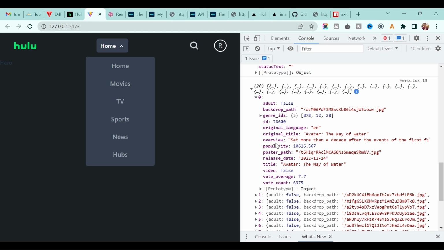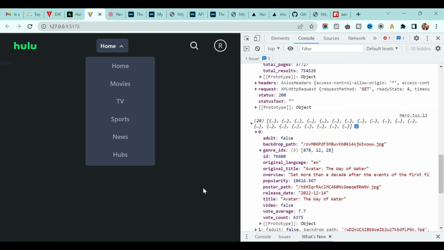We'll see the movie title, the video, the poster, the original title, the overview, which means the description kind of thing, and genre ID as well. So you understand how to fetch the data.